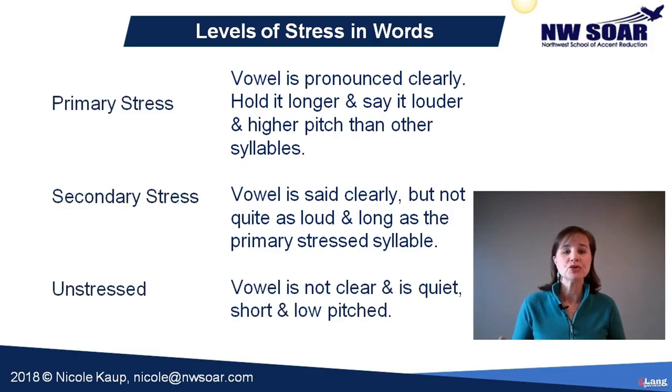Now, most words with 2 syllables or more will have at least one unstressed or weak syllable. In these weak syllables, your vowel is not at all clear. You will not be able to tell if it's an A, E, I, O, U, or whatever it is, and it's not important. Basically, that vowel should be quiet, short, low-pitched, and not a clear sound. In this lesson, we want to focus on how to pronounce the unstressed syllable or the weak syllable and what it means to pronounce a vowel unclearly.